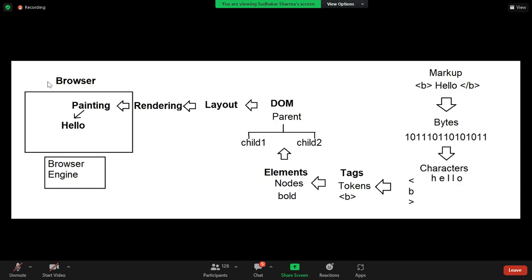These elements are arranged in a hierarchical order called what? DOM. So learning HTML means you are learning how to present the DOM. And the DOM is presented by using elements, right? So technically,